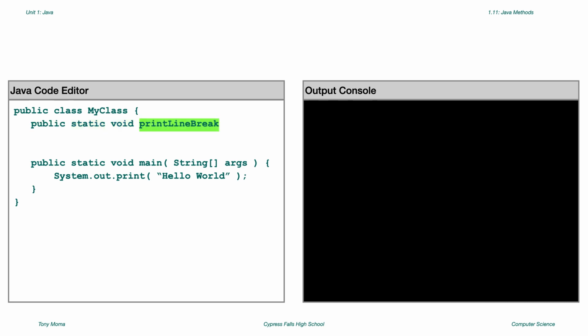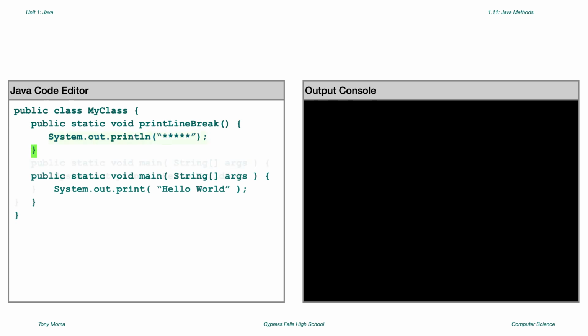After that, we write the name of the method. In this example, we're going to name it print line break because that is what our method is going to do. It's going to print out a line break. After the name, put an empty set of parentheses. Then an open curly brace, which indicates that we're about to begin typing the definition of our method, the code, the body of our method. Then in the next line, we indent, then type the code that we want executed whenever the method gets called, i.e. the body of our method. After typing the body of our method, we type the closed curly bracket to indicate that we've now ended the